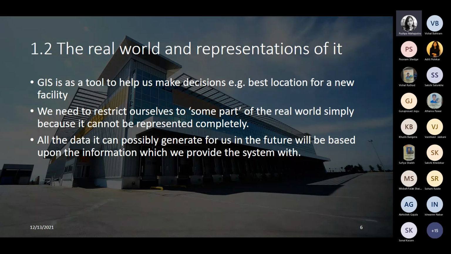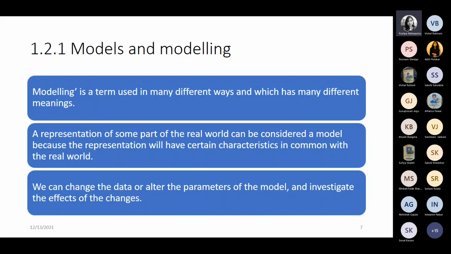What kind of phenomena we have to capture, we have to first think, and for that we have to create a model so that we'll be able to represent it on the map. But our real world is very complicated. There are so many features and phenomena that as much as you capture, we will not get the entire real world. We will not be able to get every feature of the real world. But some system we have to do. So we have to create models, or we have to do the modeling.